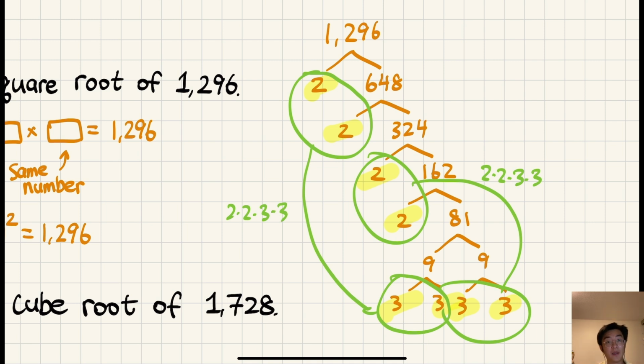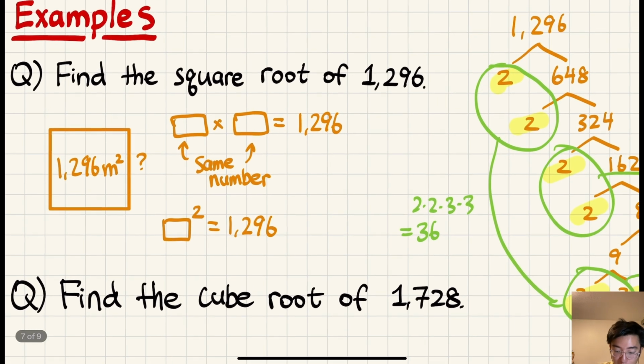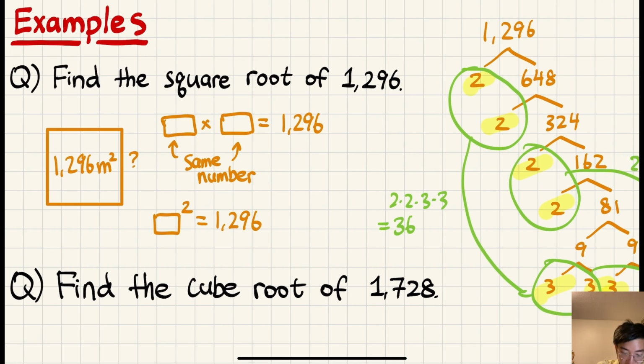Right? 2 times 2 times 3 times 3, that is 4 times 9, or 36. So once again, all we're doing is splitting the prime factors evenly into two halves that are equal to each other. In this case, we got a 36 times a 36, which means the side length for this square is 36 by 36. 36 times 36 is 1,296, which means that our answer,